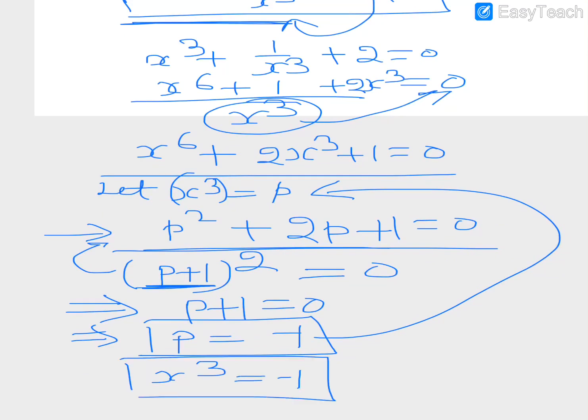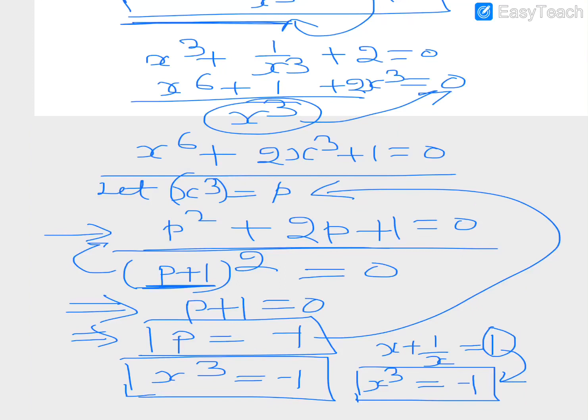Okay, so guys, this is the way to solve it, and now you have to keep this in mind. If x plus 1 upon x is given equal to 1, then x cube equals minus 1. So keep this always in mind. If this is plus 1, then it will come as minus 1, and if this is minus 1, then it will come as plus 1. That thing we will see in the next question, but I just solved it for you, so you can keep this in mind.